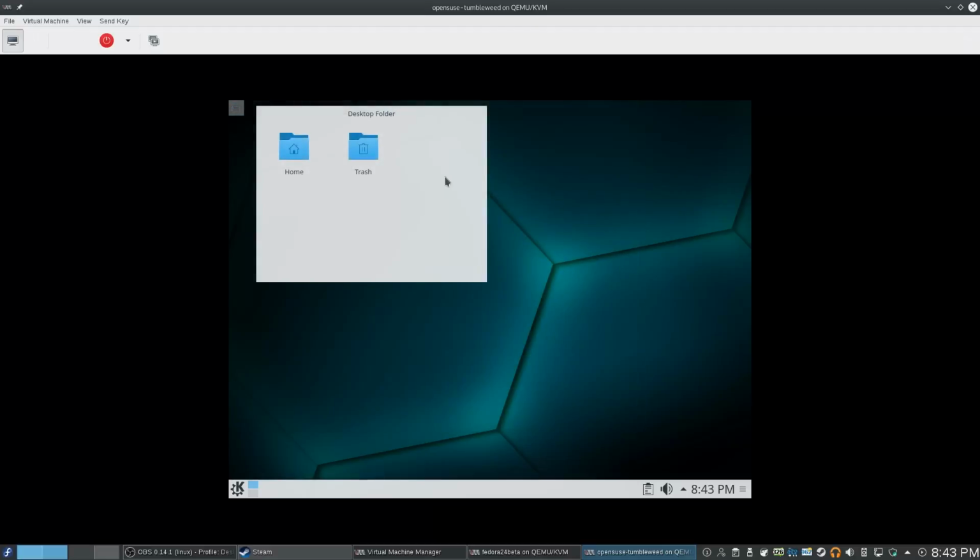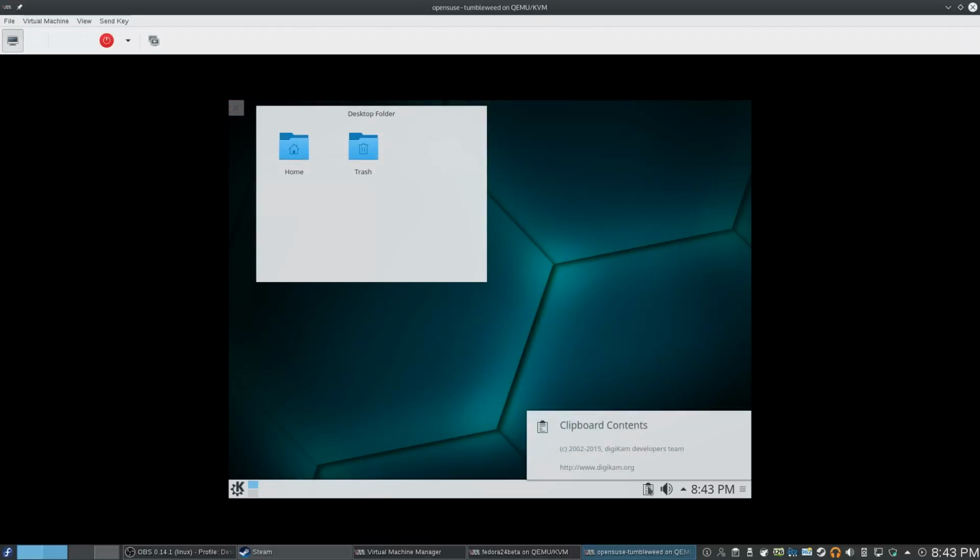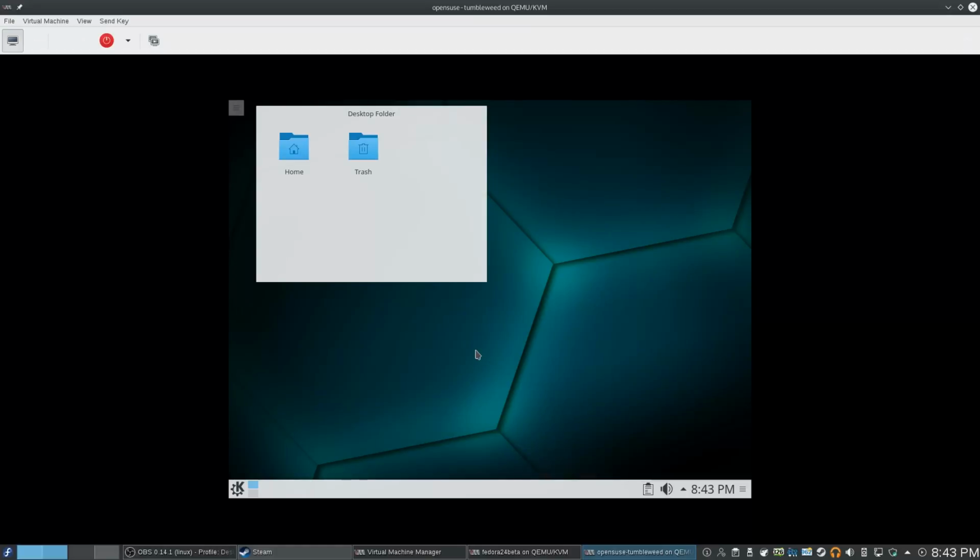Very cool. And so that's openSUSE Tumbleweed. It's pretty neat. I'll definitely be playing with it some more. And that's how easy it is to use